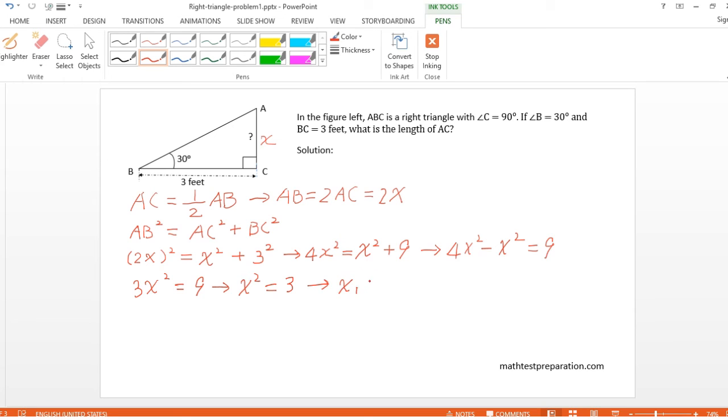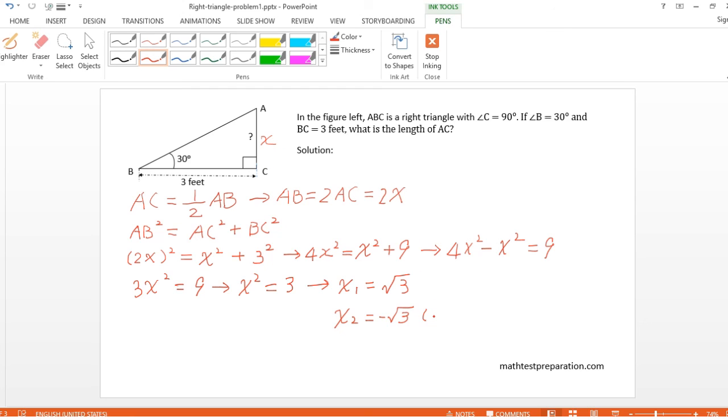One solution is square root 3. Another solution is minus square root 3. Because x is a side AC, which must be a positive number,